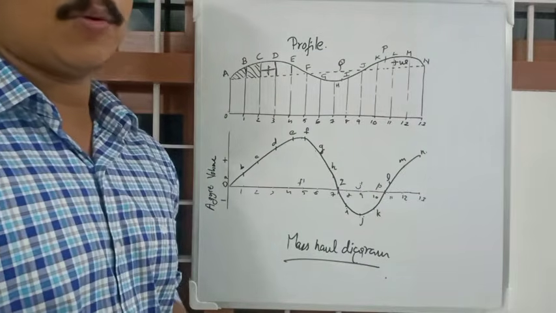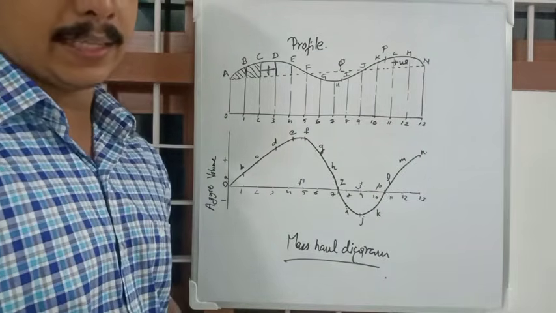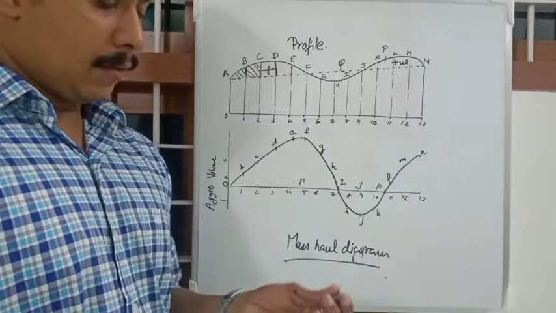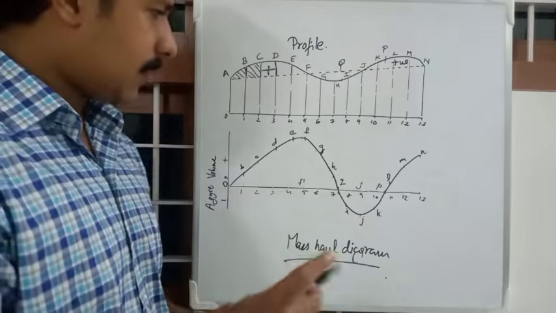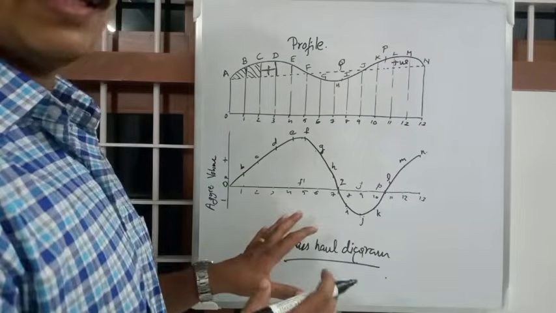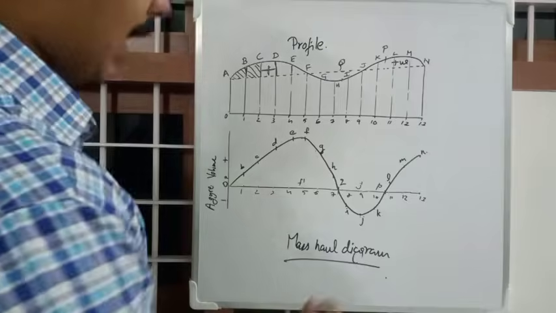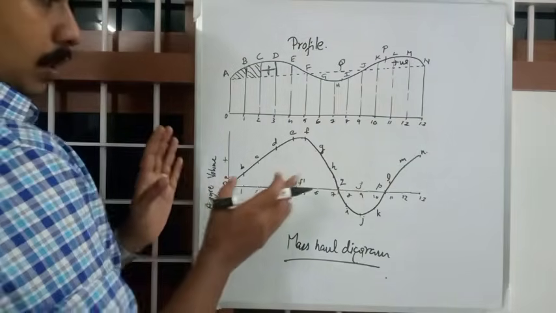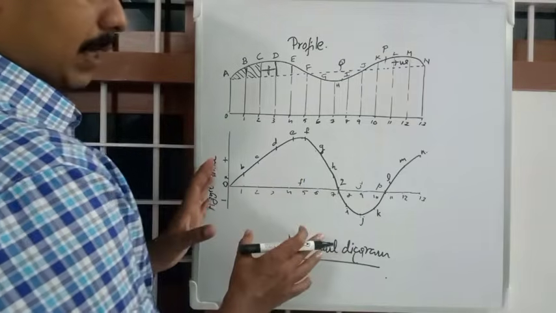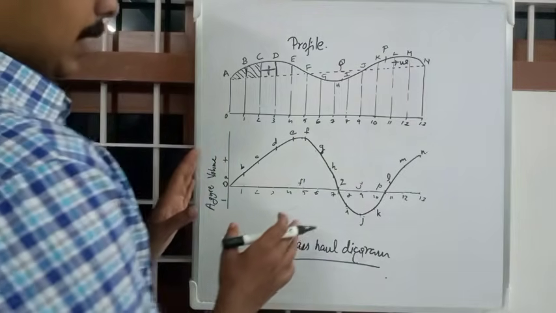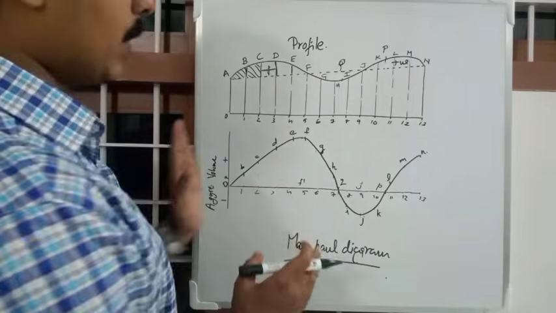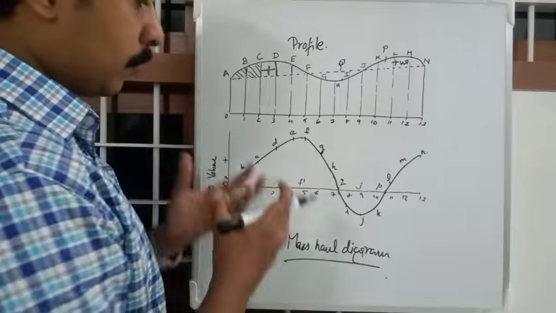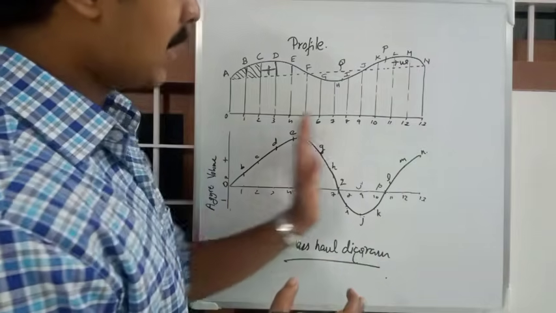Next, we are moving on to the characteristics of the mass Howell diagram. There are about 9 characteristics. Before that, we ought to understand this mass Howell diagram a little more logically. We had all those tables to construct it. After we get this diagram, the thing you should understand is that it is very helpful for understanding the movement of earth, the movement of soil which is to be displaced.